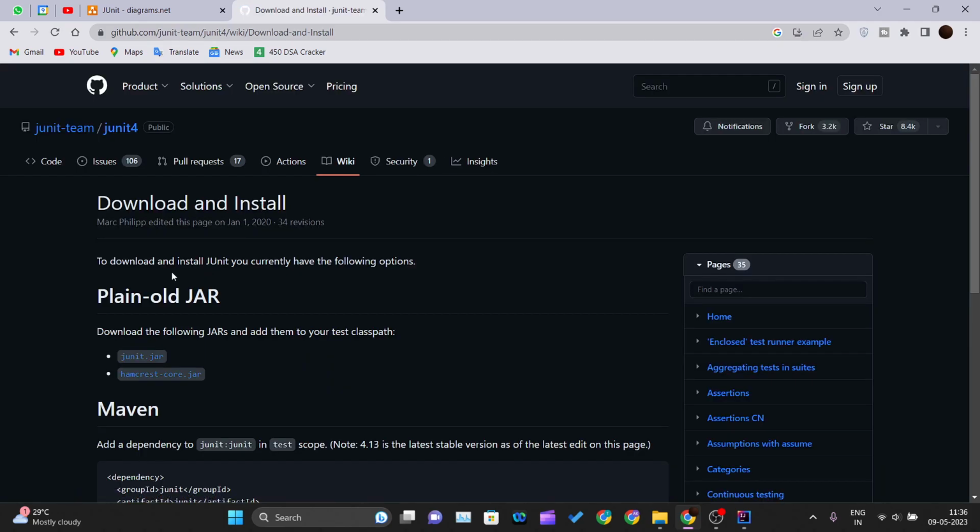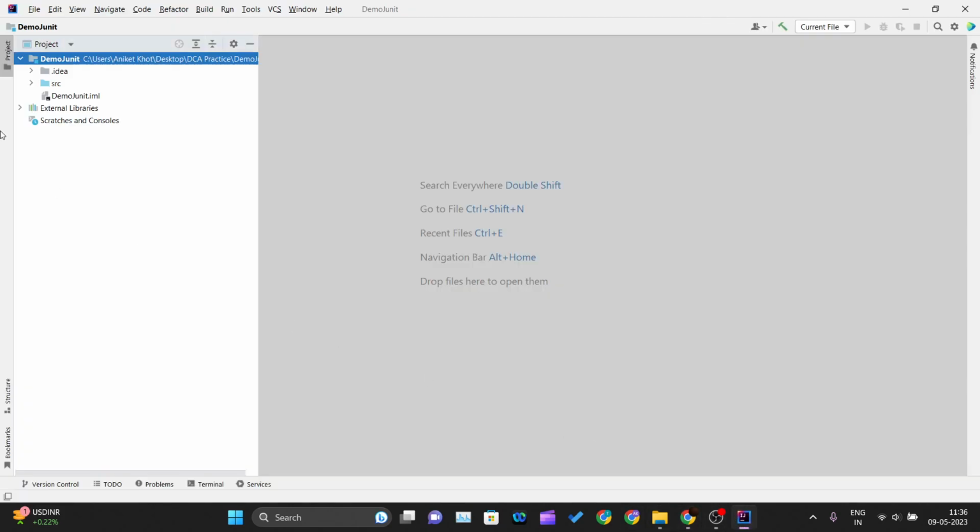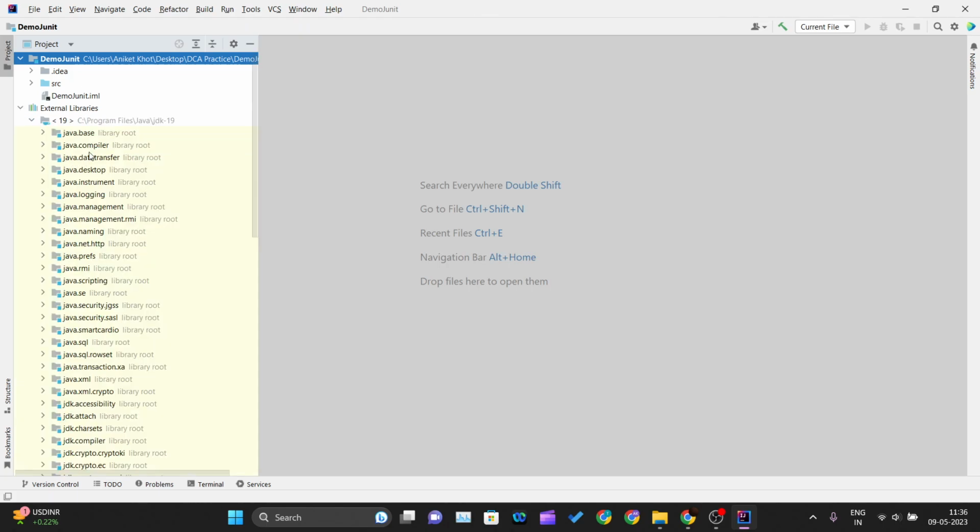Just click on that button. You will get redirected to the official JUnit 4 repo on GitHub. Here you can see it says download the following jars and add them to your test class path. They have given the link to download these jar files. We just need to download these two jar files and add them to the external libraries that we are going to use in our